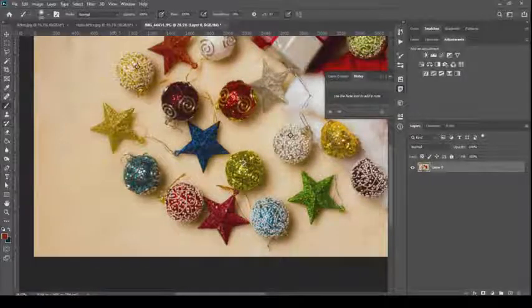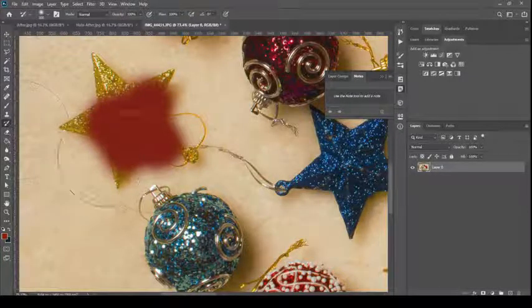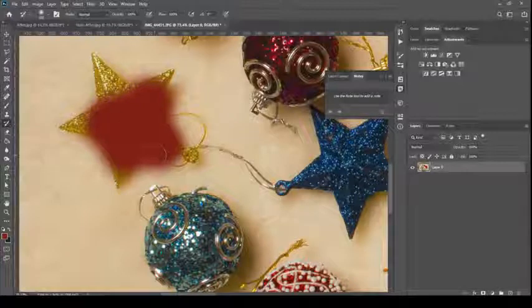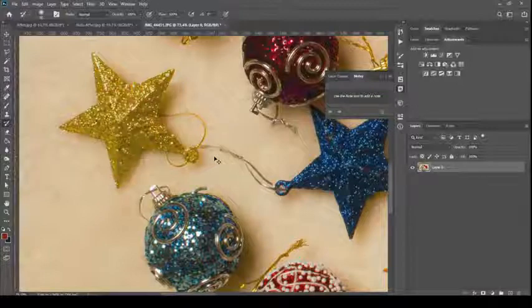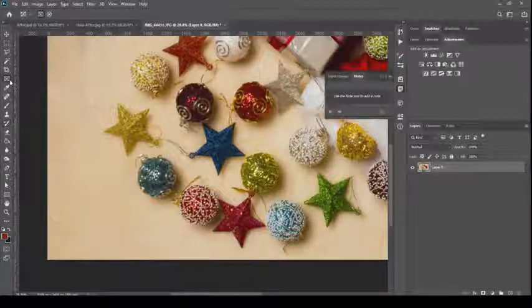Why? Because suppose I want to paint here, but actually it goes out of the way because of the size of the brush. So I can go to my history brush tool, make it a little smaller, and remove this part. Or what else is there, if I take my content aware tool, the content move tool here,